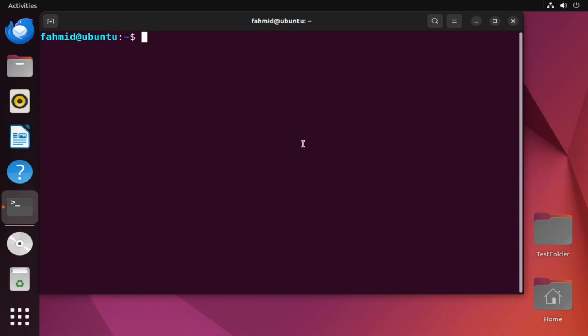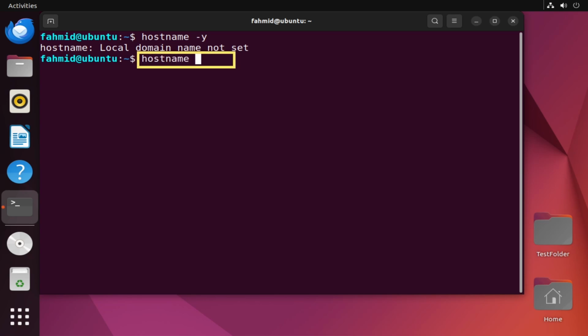If you are using a network information service, you can check the NIS domain name of your device. In this example, I will demonstrate how to do this. To display the NIS domain name, you have to type the following command. Now there are two other alternative options for this. You can type this command, and the other one is